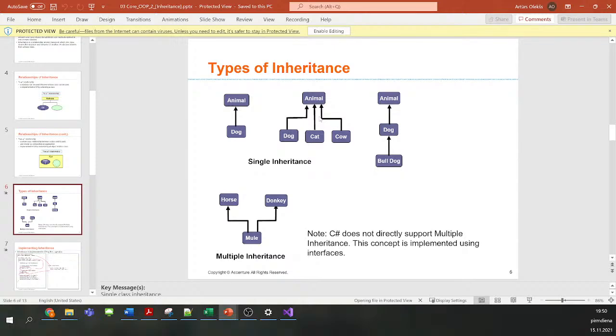Then we may have the situation when one class has multiple subclasses. In practice, this usually means that the superclass itself is rarely used, or mostly you will see that the superclass is not defined as the usual class.